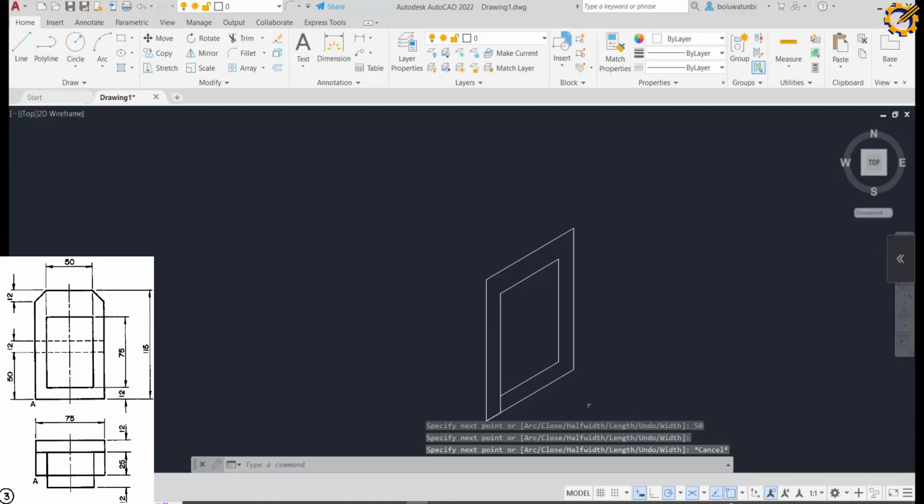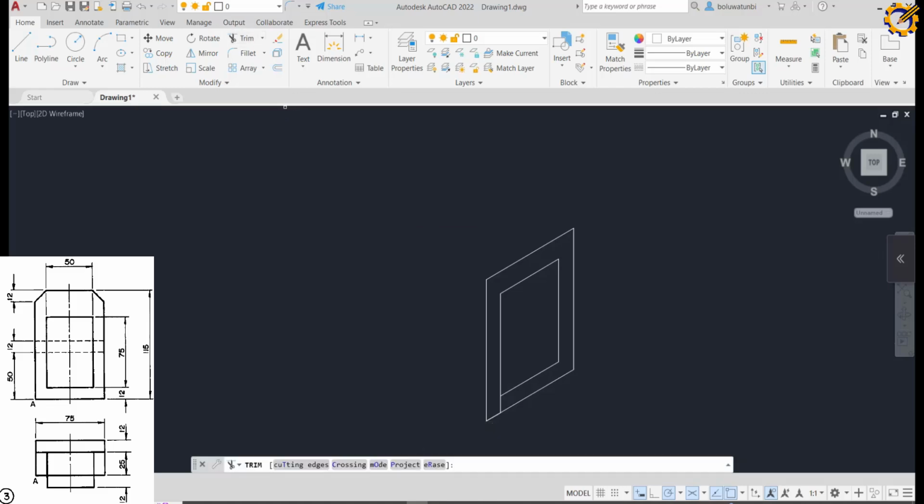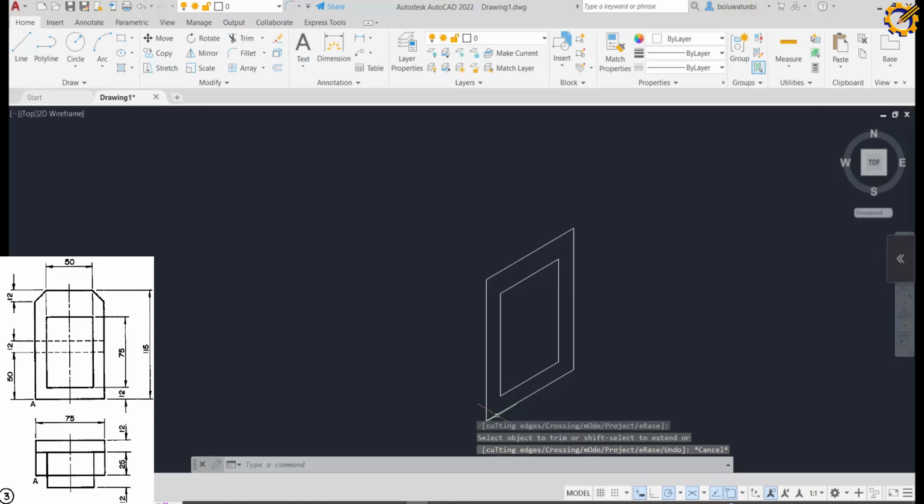Alright, so I'm going to click on, okay. I think I can easily trim this out, and I think that is that over there, like that. So